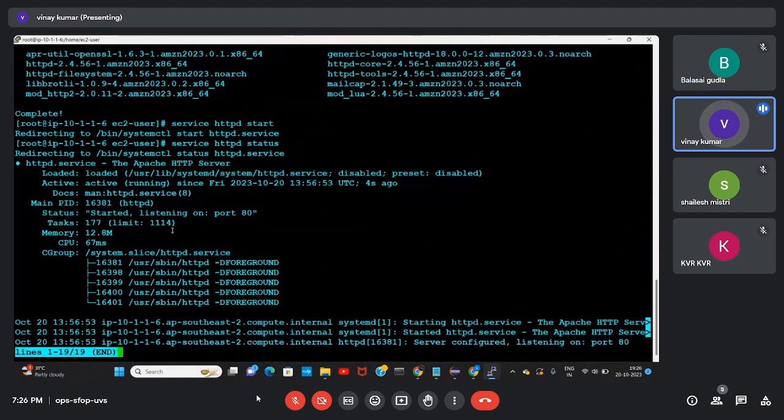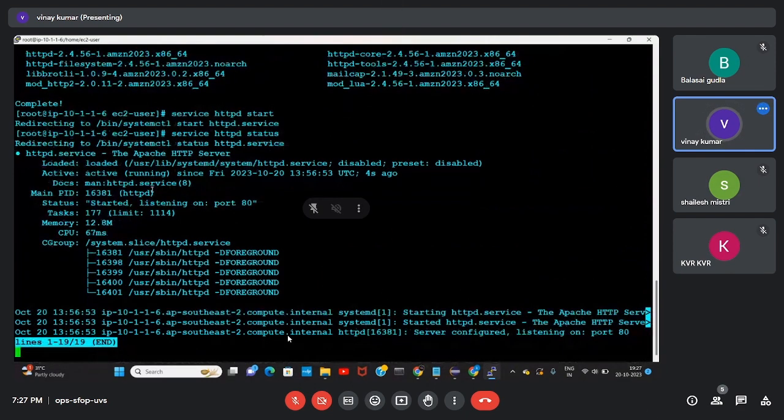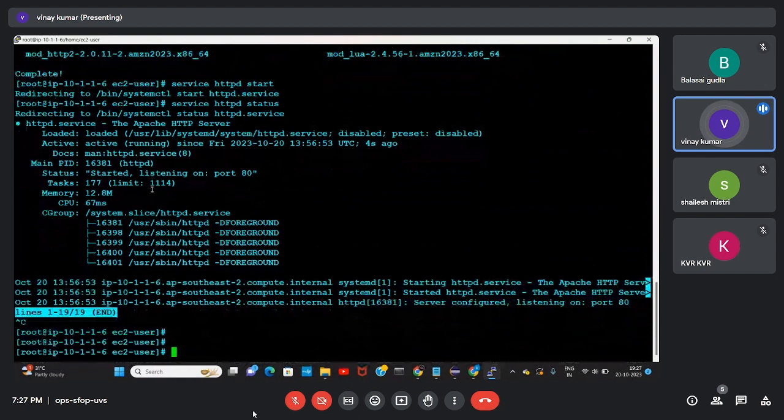If you see there, the service is in active state. You can check there. Now, I want some HTML code. Does any one of you have any HTML code?